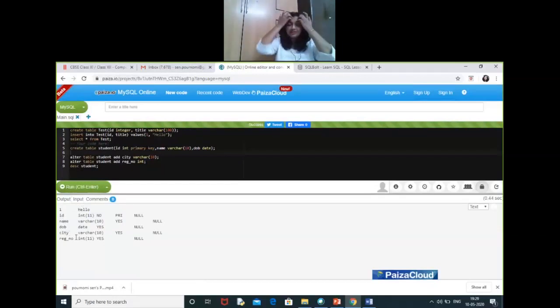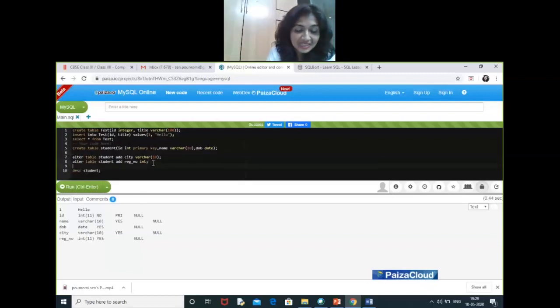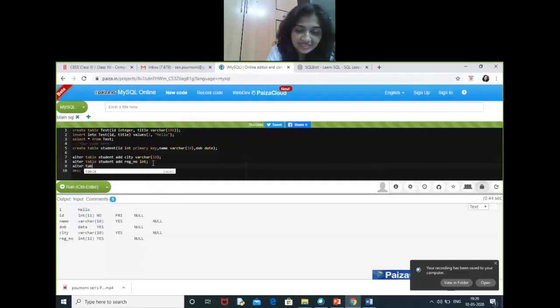That means after creating the table with 3 attributes, we have created 2 more attributes. So this is how we'll be creating an additional column in our already existing table. And now we are going to remove one of these columns from this table. So we'll be writing again alter table. This is also a DDL. Just drop and alter table.